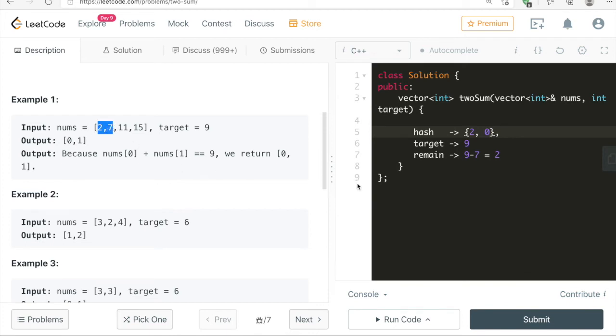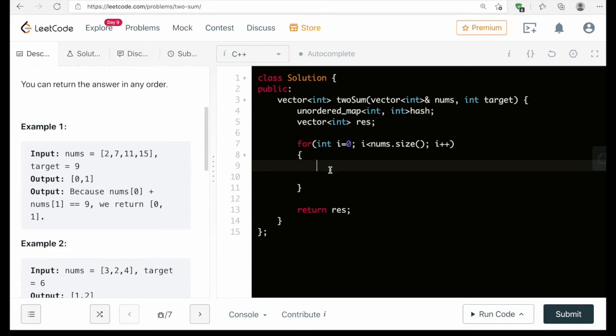Let's implement it in the code. So the implementation would look something like this. We have taken a hash map. This is the vector in which we will return the result.